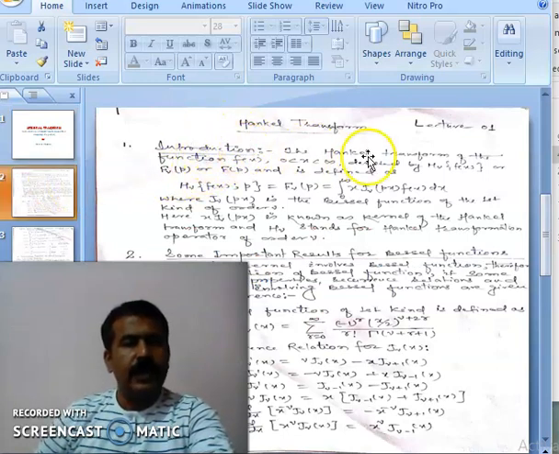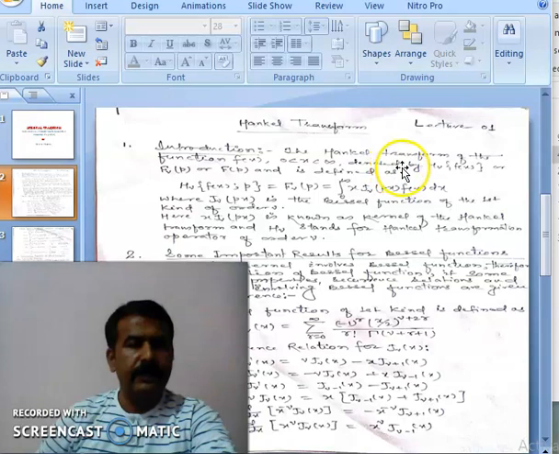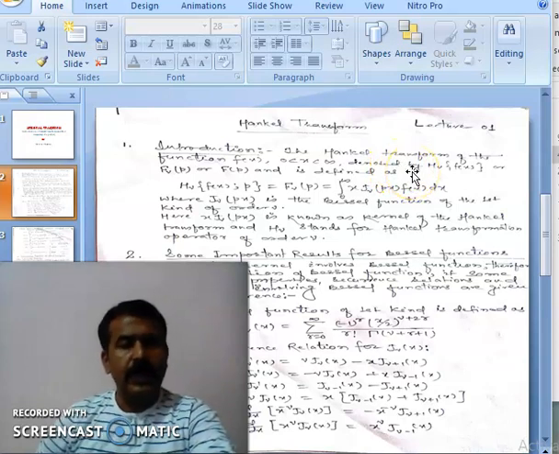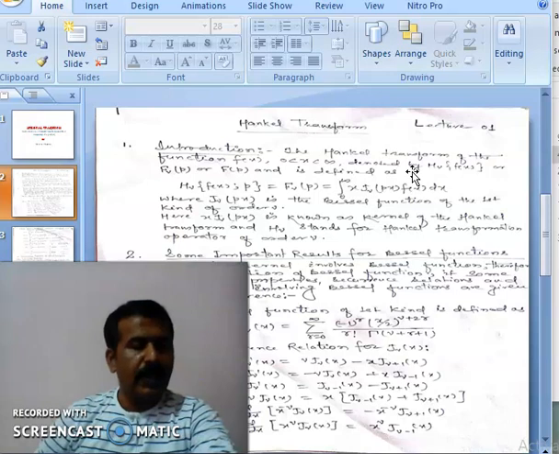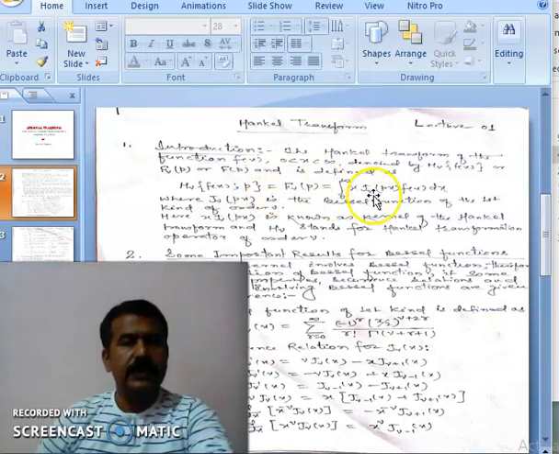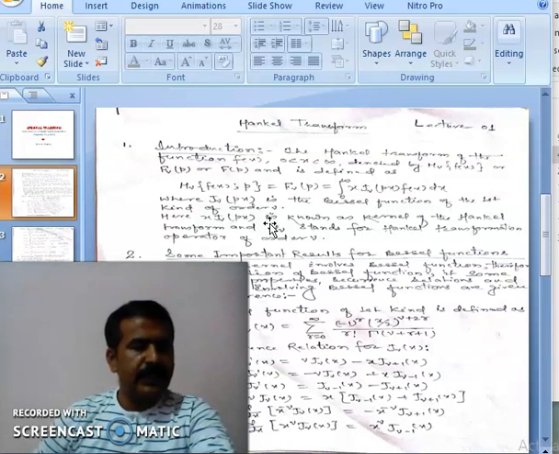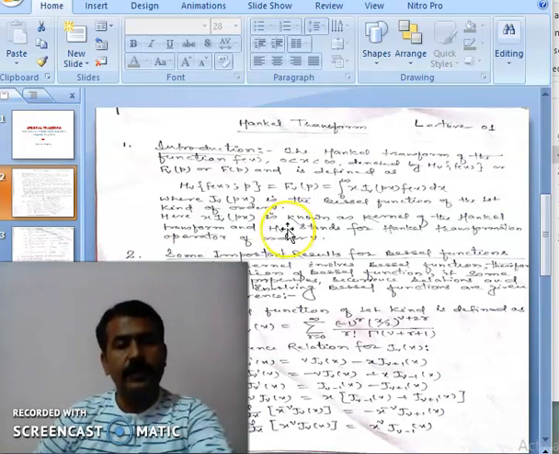From the introduction: the Hankel transform of the function f(x), 0 less than x less than infinity, is defined by H_v of f(x), or F_v of p, or F(p), such that F_v(p) equals the integral from 0 to infinity of x J_v(px) f(x) dx. Here J_v(px) is the Bessel function of the first kind of order v. Here x J_v(px) is known as the kernel of the Hankel transform and H_v stands for the Hankel operator of order v.